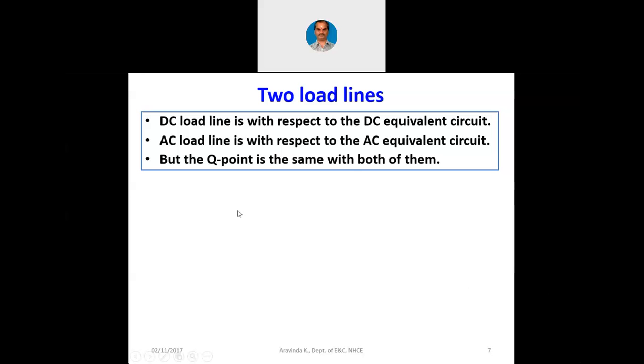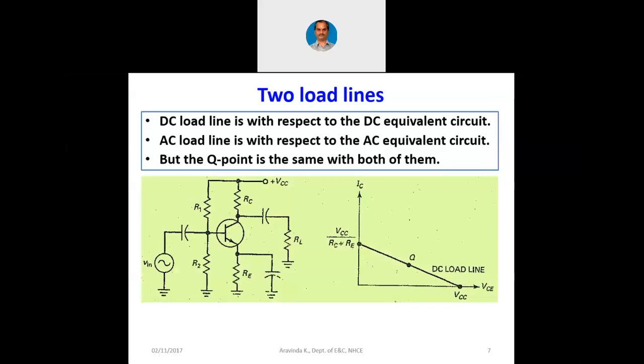So now we have two load lines, called the DC load line and the AC load line. But the Q point is the same with both of them. The quiescent point will remain the same. Only the x-axis and y-axis points where we mark them will be different. We will see how. Now we already know about this circuit. This is a voltage